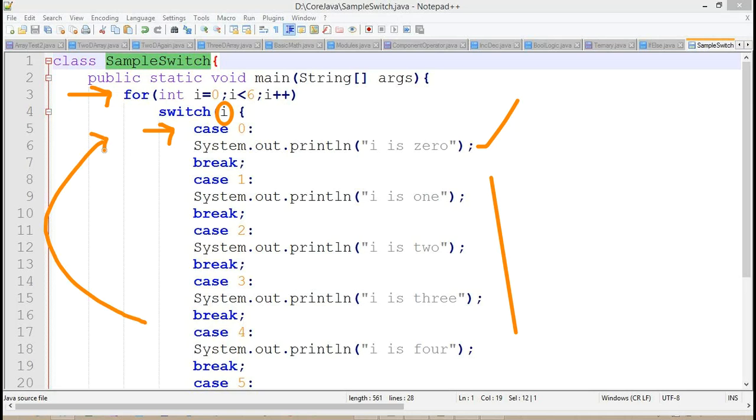Now what happens internally? The loop is going to repeat here, so i will become 1. Case 1 executes, and the remaining will not execute. Then the loop repeats again, and the second time case 2 is going to execute, the third time 3, the fourth time 4, and the fifth time 5.